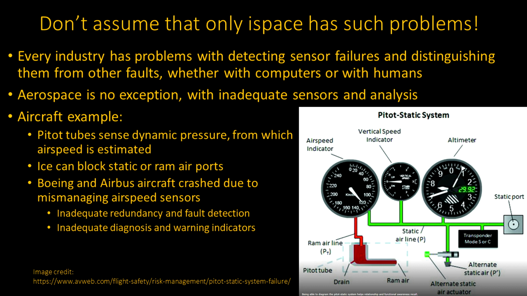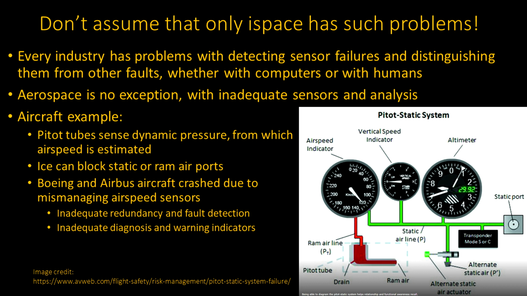And you have 3 instruments that are kind of standard. You have an airspeed indicator, and it's shown in this picture over here. You have a vertical speed indicator, how fast are you going up or down, and an altimeter telling you the height. And we're talking about some of the same instrumentation here. These just are the analog gauges, but that's what you're sensing. And you need to know how fast you're going typically, as well as your height. And you use what's called a pitot tube to estimate that. So that's this little thing down here, the little red area in the lower corner of that picture,